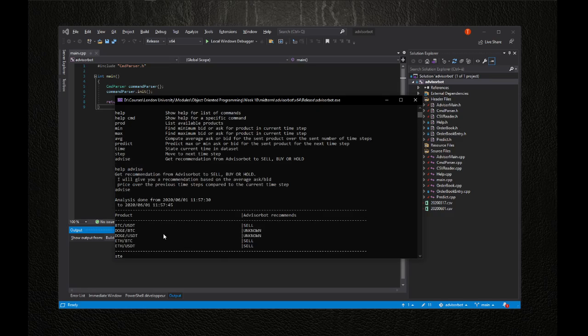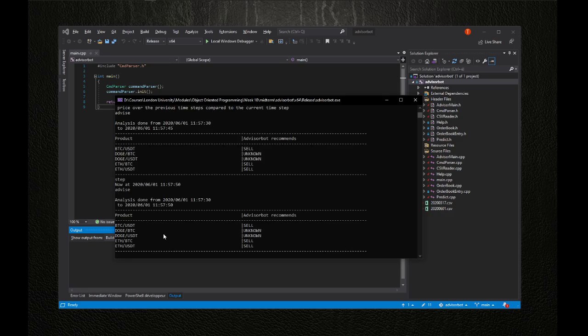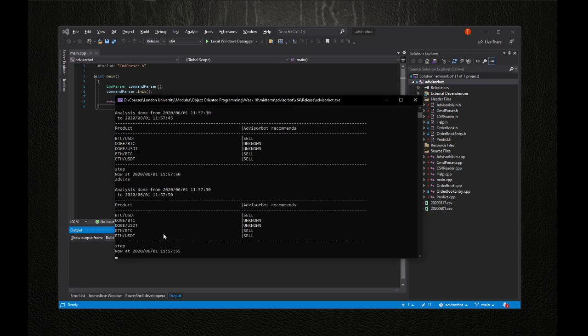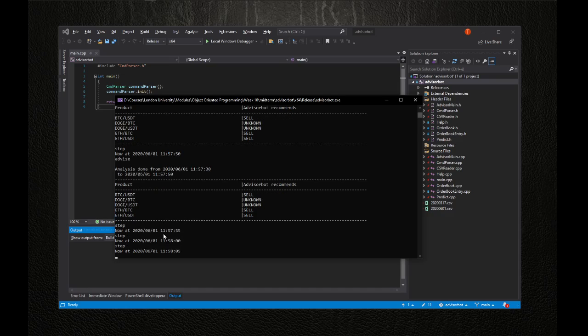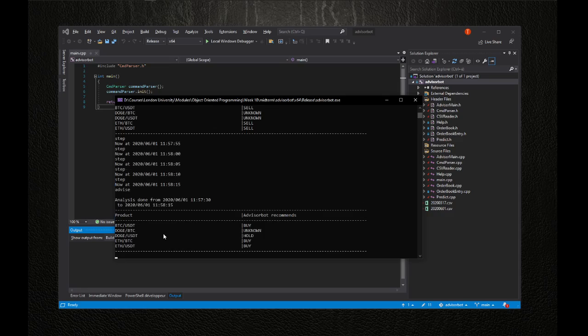And if we see an advice for the next time step, it's the same. Let us step a few times. Let's see the advice now. Now the advice changed because it calculated the average for the previous time steps and compared it to the average of the current time step and gave us an advice